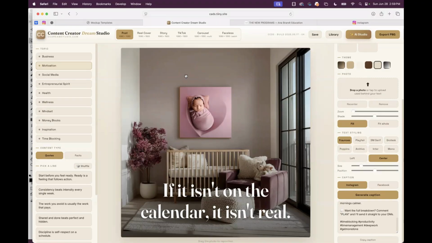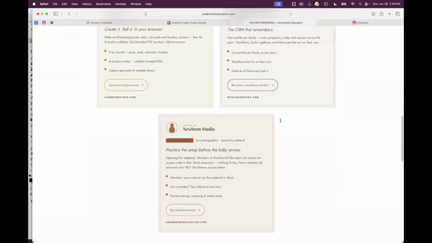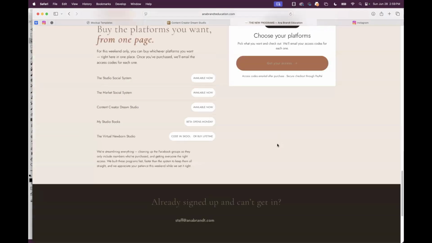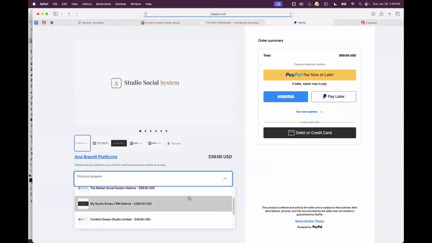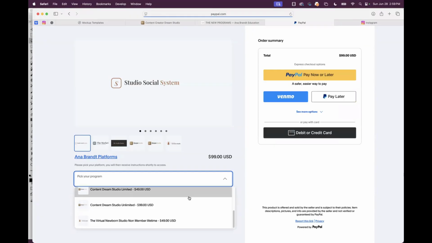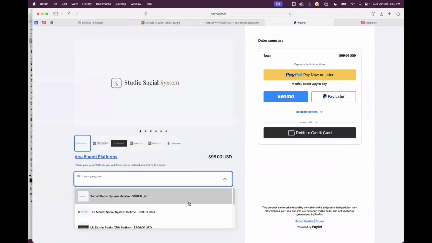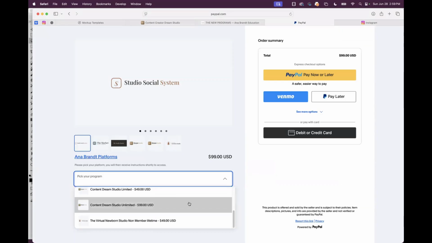Yes, Kelly wanted to know if all of these are lifetime access. We were on CC Dream for the two prices. Everything has a lifetime access price right now. There's no monthlies right now. Everything is lifetime only. When it changes, the lifetime price will go up and there'll be a monthly option.